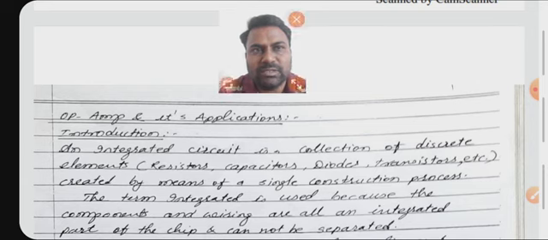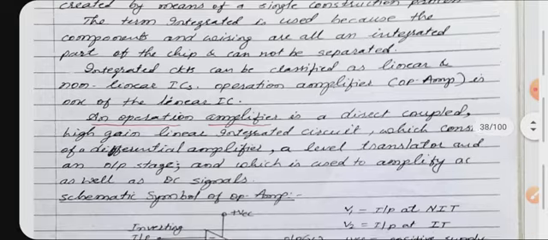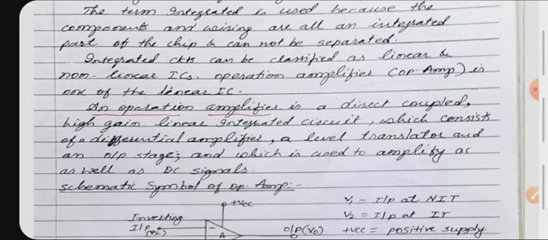So let us start with what is an operational amplifier. An operational amplifier is an integrated circuit. Integration means collection of different discrete components on a small single silicon chip. So an operational amplifier is a directly coupled high gain differential amplifier that can amplify AC as well as DC signals. Initially it was designed to perform different mathematical operations on signals like integration, differentiation, log, anti-log amplifiers, addition, subtraction, summing amplifier, instrumentation amplifier, etc. That's why the name is given as an operational amplifier.